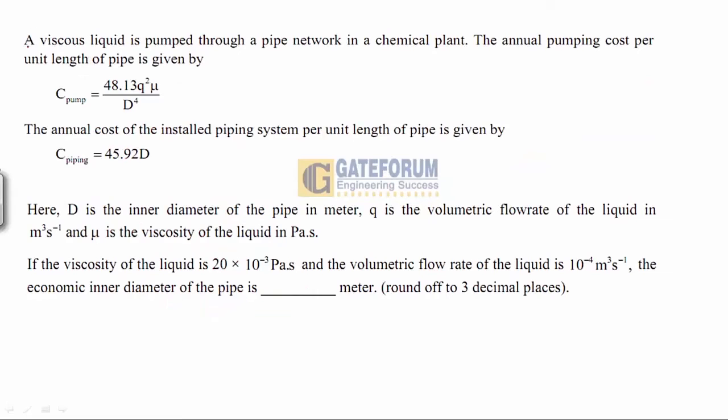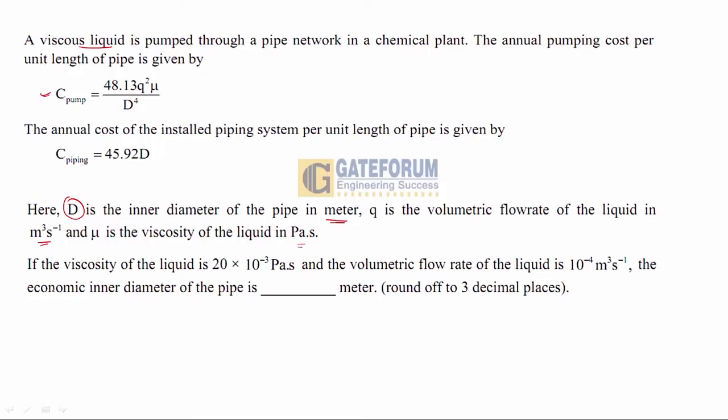So this question is saying that a viscous liquid is pumped through a pipe network in a chemical plant. Okay, the annual pumping cost per unit length of the pipe is given to us by this expression: 48.13 Q square mu upon D to the power 4. Also, the annual cost of the installed piping system, again per unit length of pipe, is 45.92 D. So capital D is the inner diameter of the pipe in meter, Q is the volumetric flow rate of the fluid in meter cube per second, mu is the viscosity of the liquid in Pascal second,